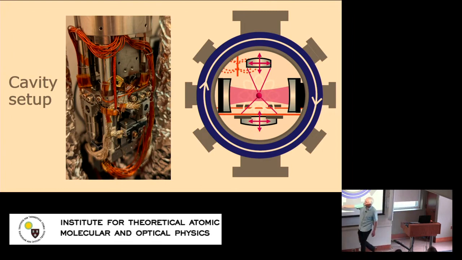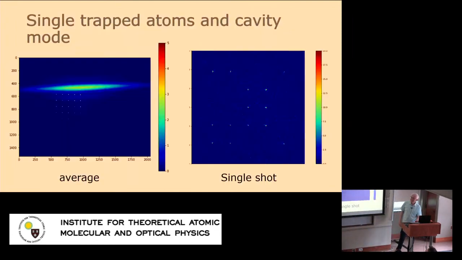And this is the real setup. As you see, it starts to look as if it was going into a cryogenic system, but it's not. It's just at room temperature, lots of wires, but basically this is one mirror holder. So we have just now 1 cavity. Originally we had 2 cavities. We have 1 cavity holder and then lenses from top and below. This is the system that we have right now.